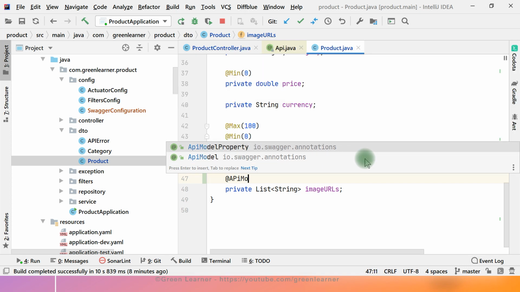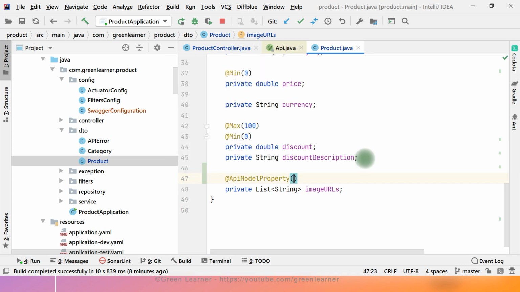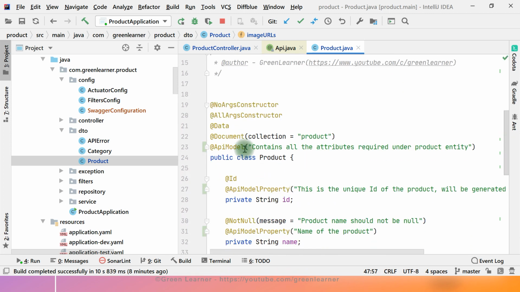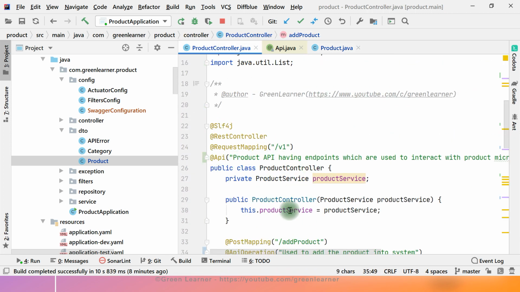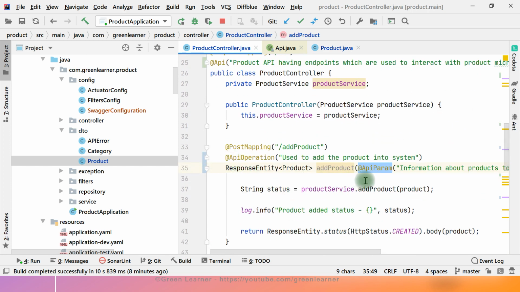So ApiModelProperty, image URLs, list of URLs of the product images. Okay, so all this information, the ApiModelProperty that we added, the product controller, the ApiOperation and ApiParam. So let's restart the application and see how they are being reflected.